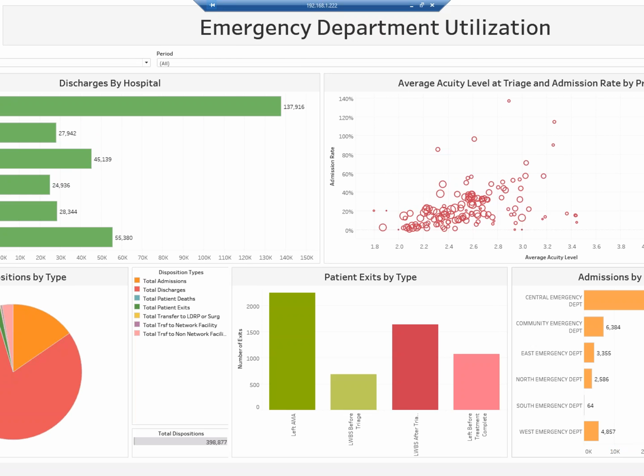Yeah, this is an actual visualization that we worked with one of our customers to build out, and we were using data that was, if you will, unstaged. It wasn't available in the data warehouse. And this is an actual visualization that we implemented. Obviously, the data here is a demo data set. But the challenging part was, how could we communicate where we had patients that were leaving emergency rooms without being seen, what were the acuity levels of patients that were being admitted, and so you can see here,